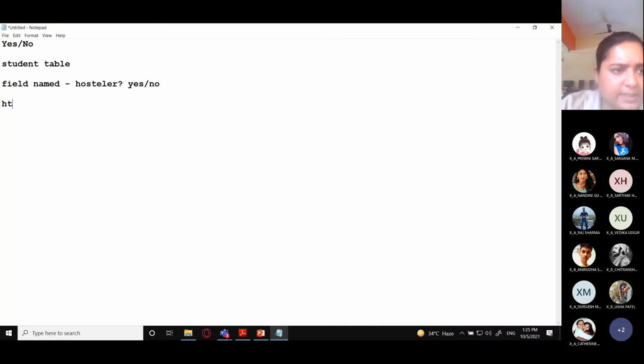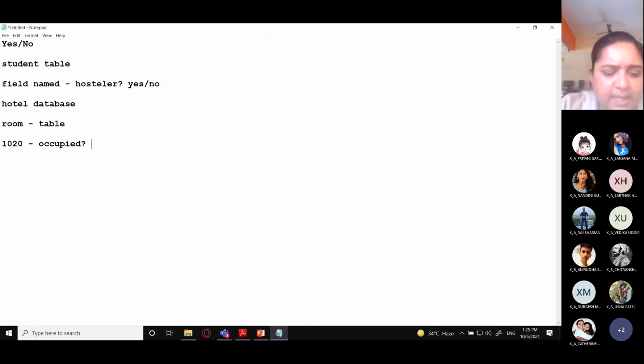In a hotel database, suppose there is a table of room. And suppose there is a certain room number 1020. And within this table, there is a field named occupied.